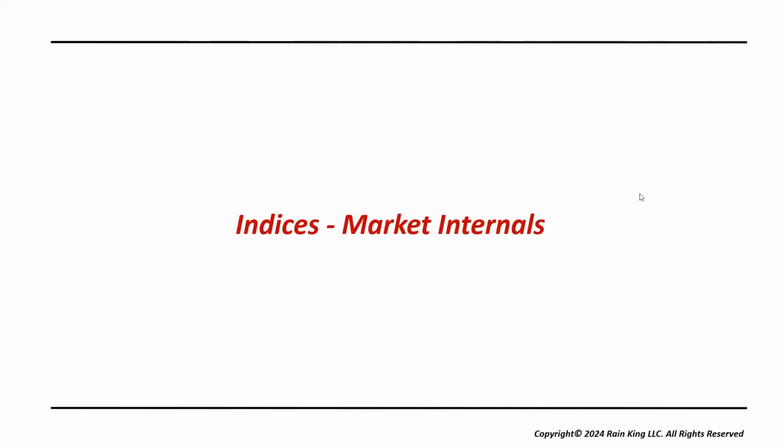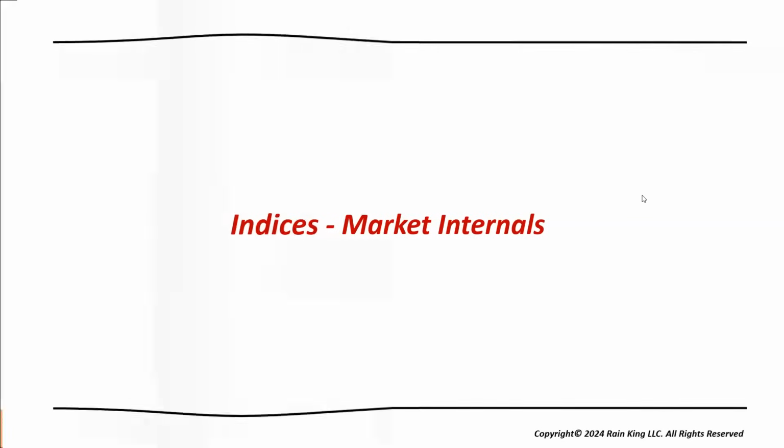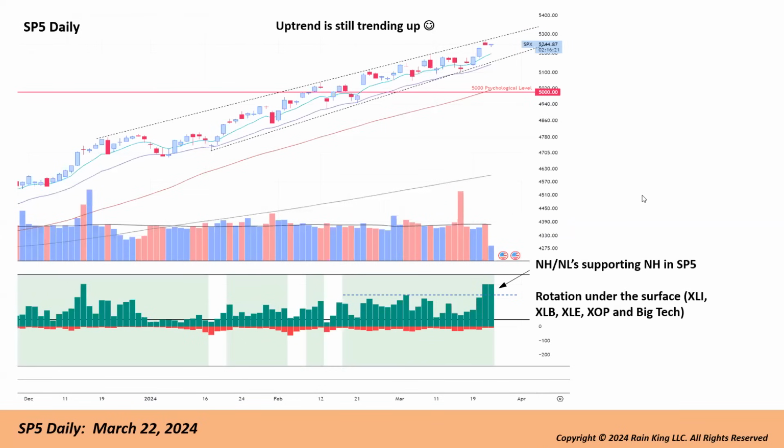So let's go further into these indices a little bit and look at the market internals. This is the S&P 500 as of today. What can you say? The market in the S&P has held up stronger than the NASDAQ. You can see in purple, this is the 20-day exponential moving average. It's held like a charm. So the uptrend is still trending up. We've hit a new high on the S&P a couple days this week. The volume, though, is pretty weak today. So again, I'm a little concerned that we might have an air pocket.